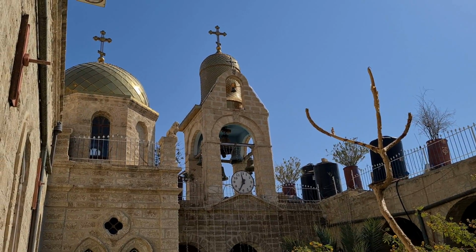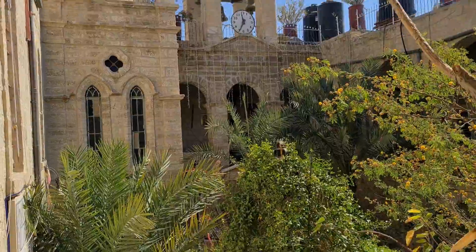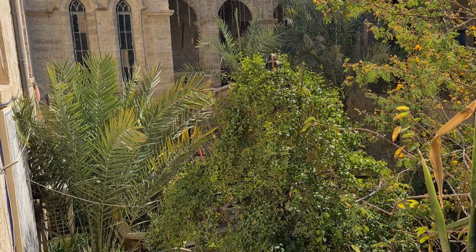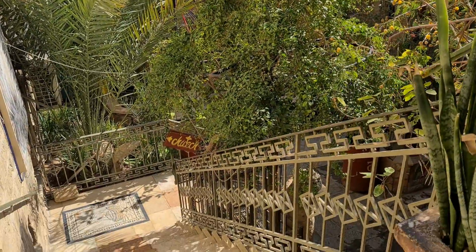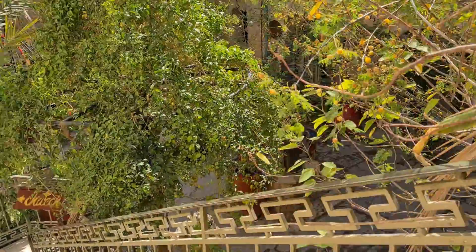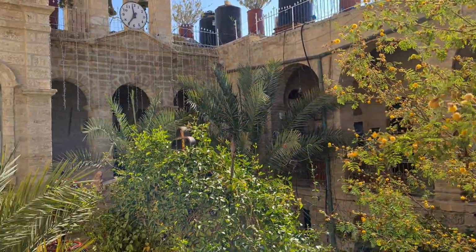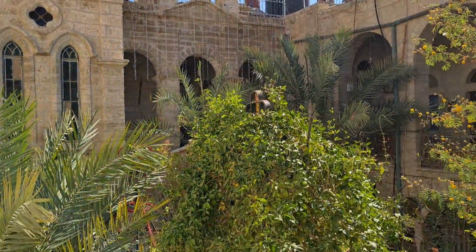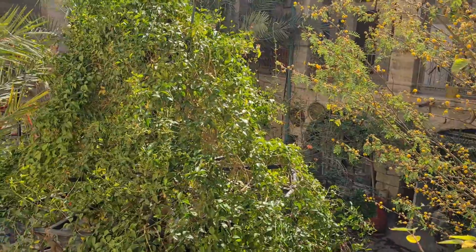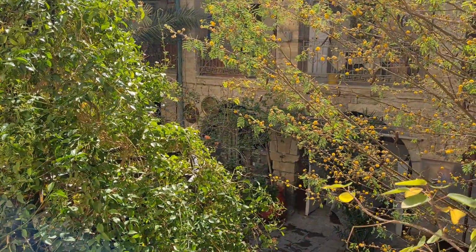We are now visiting Deir Hajla. Deir Hajla is a monastery originally from the 5th century, built by Gerasimus, and now kept by the Greek Orthodox. It's a beautiful round-shaped monastery surrounded with walls, and according to the Jewish story, it's the site that